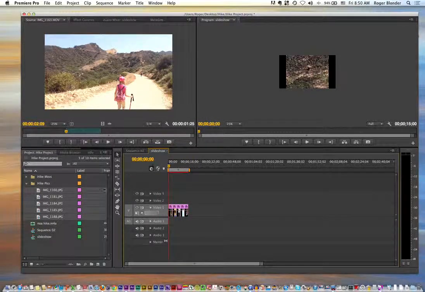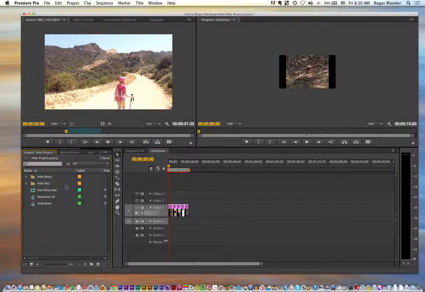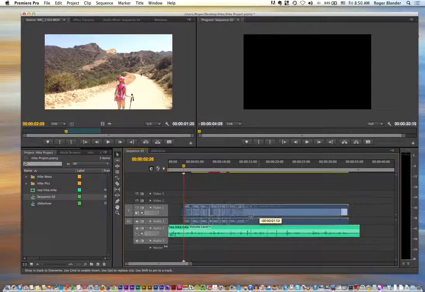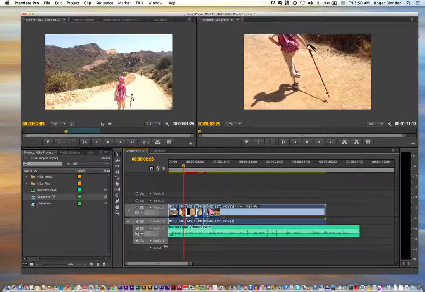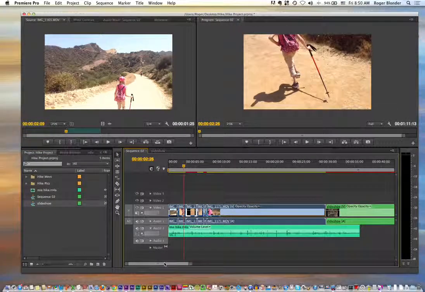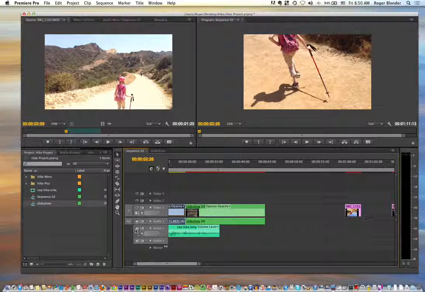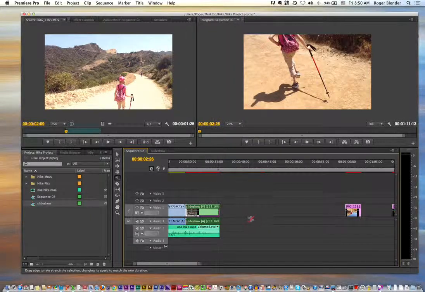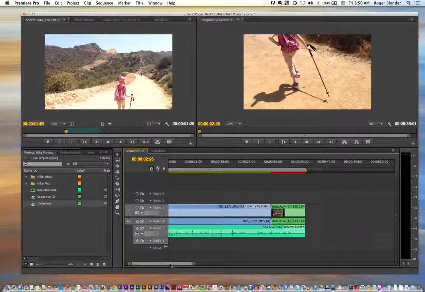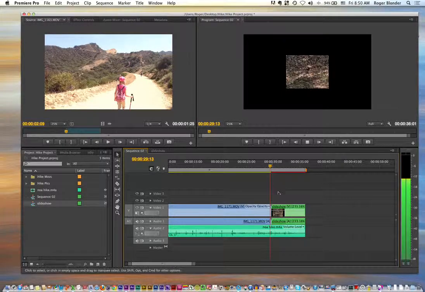I'll resize them later. I just want to show you that I could then go to my main sequence and I could bring that slideshow in. And let's say I wanted these pictures in this slideshow just to match exactly with this last piece of audio. I could take that rate stretch tool and drag it so I can make that fit that. So that works with a song as well. If you put all of your pictures in, you could just immediately create a slideshow that matches the length of